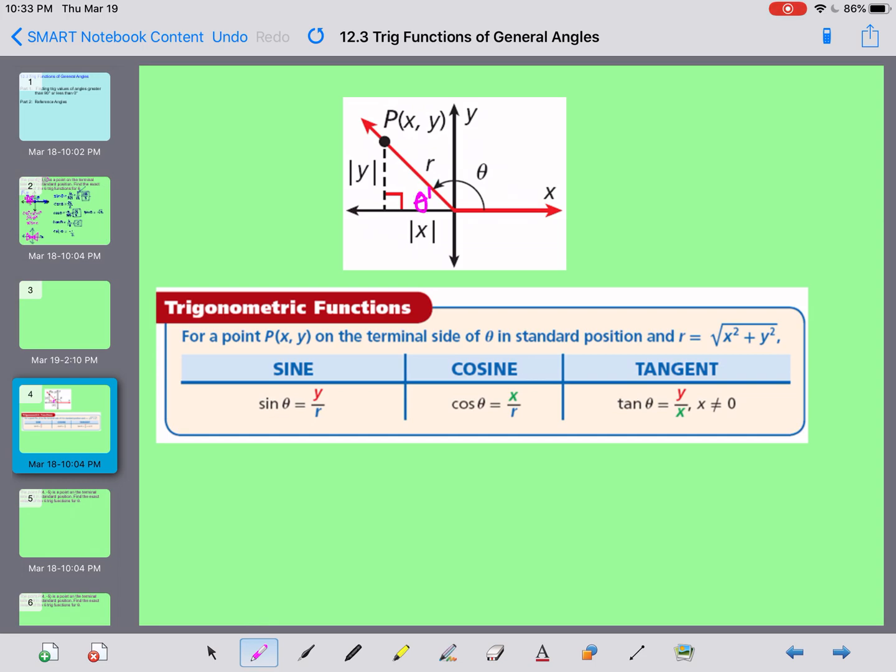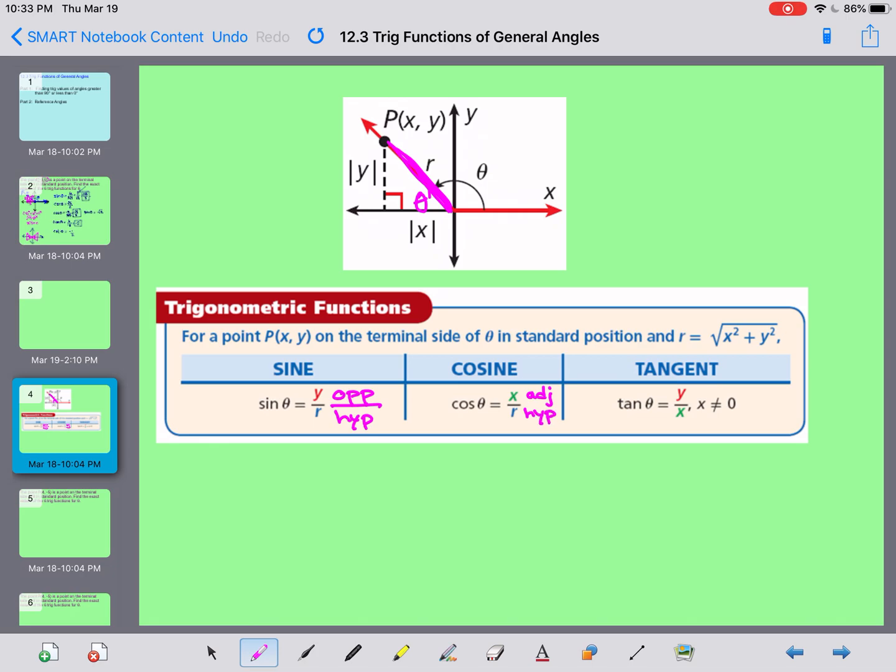Your sine of theta is opposite over hypotenuse. And what happens is your opposite side is always the y value, and your hypotenuse side is always this radius here, or like the hypotenuse, the c value, right? Cosine is always adjacent, which will always be the x value, over the hypotenuse, which is again, that r value,